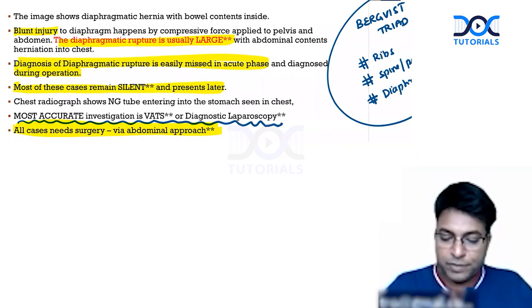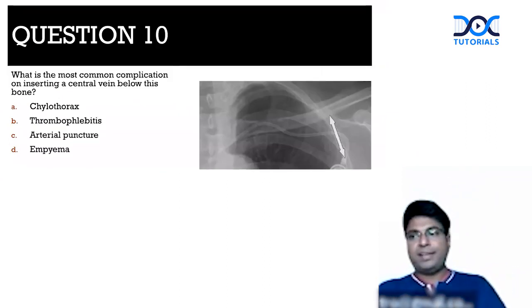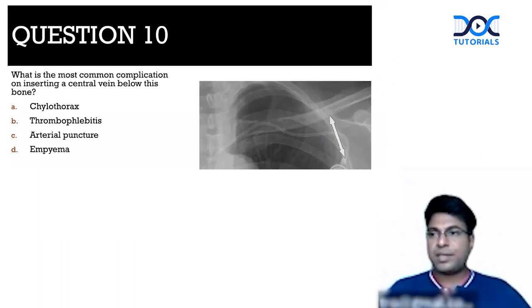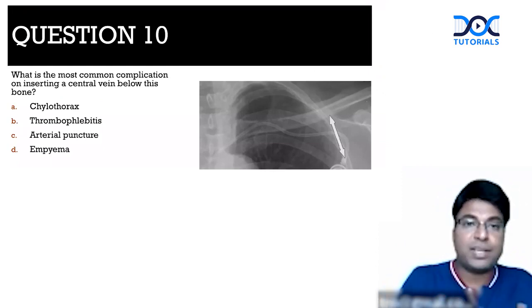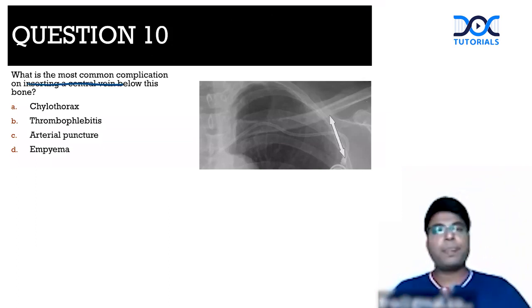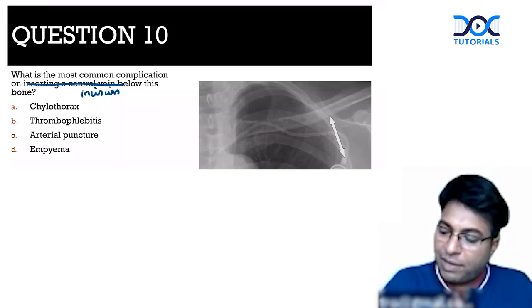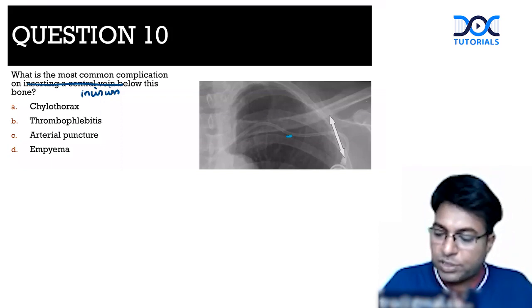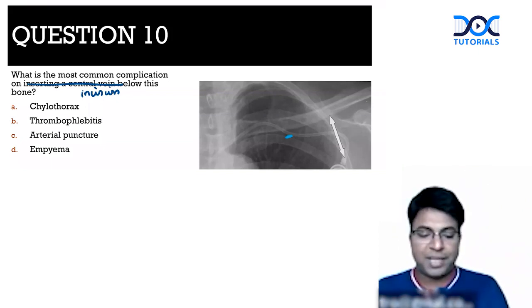So from the general aspects of surgery, there is a simple question: what is the most common complication? I don't know what the examiner wants in this question. He was asking about the most common complication of inserting a central line, but actually the question was something different. They didn't mention central vein. On putting an incision below this bone, what is the common complication? We will make one incision here only for the subclavian vein. So the students have modified the question as subclavian central vein insertion. What complication can happen? What do you think is the correct answer?